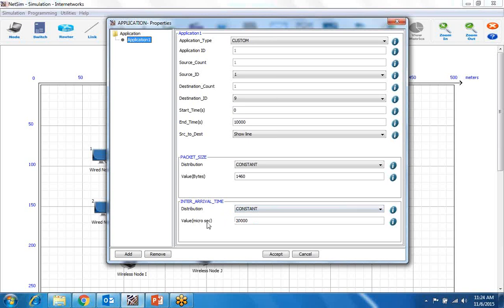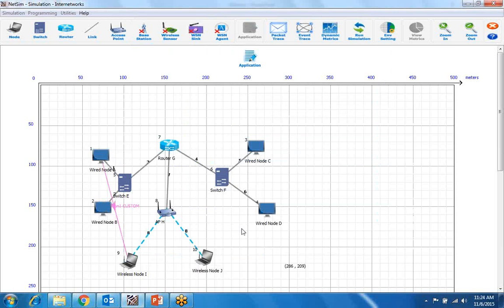You can define the value of the inter arrival time and at what interval it will send that traffic. Okay, we just accept it. Here you can see one line showing that we are sending some traffic from wired node 1 to wireless node 9. Okay.